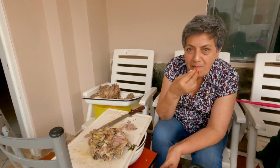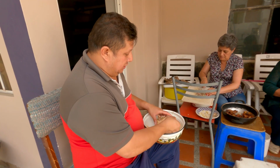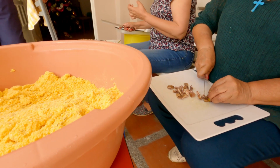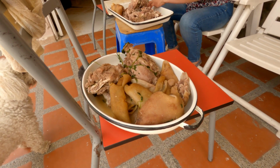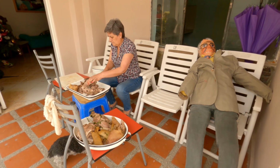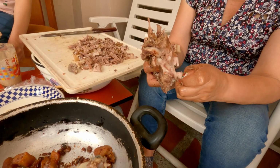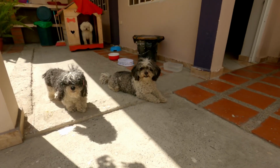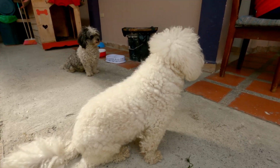Once the meat was cooked to the desired texture, it was sliced, diced and shredded by the family. This meat will serve as the filling once the tamale dough is prepared. Every meaty part of the pig was used for the tamales. The skin, the intestines, and even the pig's head was stripped of all the meat. Nothing went to waste. Any part that was not required for the filling was fed to the hungry dogs, who